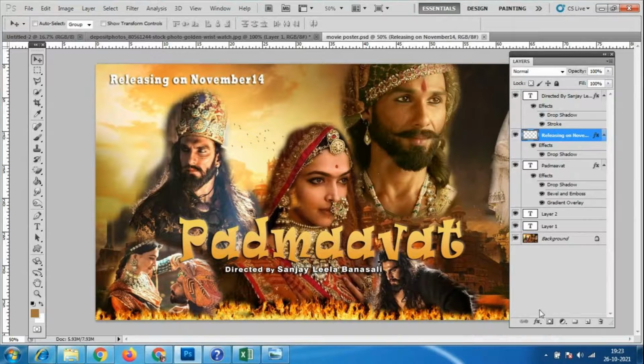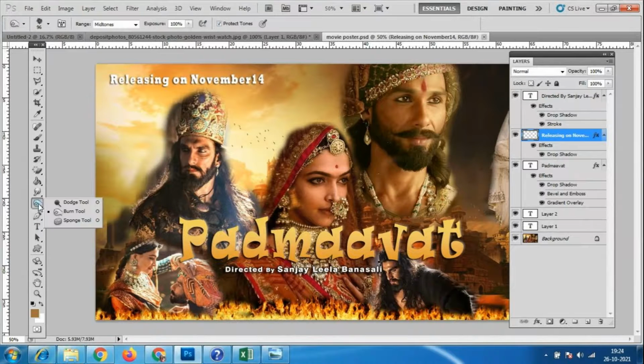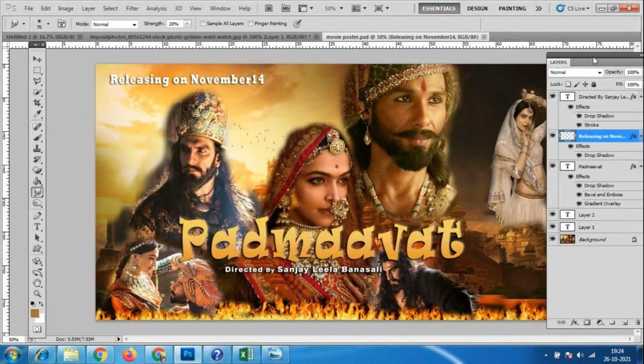Please, while going for the exam, check all these tools, because in one tool there are many different tools. So the freeform pen tool, add anchor point tool, the P option has a shortcut, and the dodge tool, and many tools, some with shortcuts and some without, zoom in, zoom out, all these options. Some messages you can also add to the designs. Anybody having a doubt?